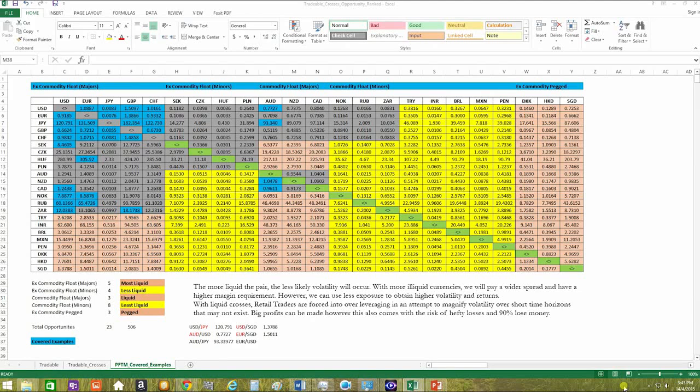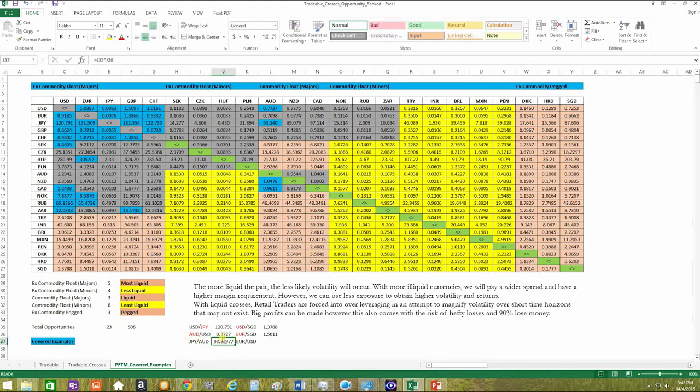Now, what if we wanted to do something else? What if we wanted to actually work out the reverse of this? So the Japanese yen Aussie dollar rate, with Japanese yen on the left hand side and Aussie dollar on the right hand side. How would we do that? Well, the easiest way to do that